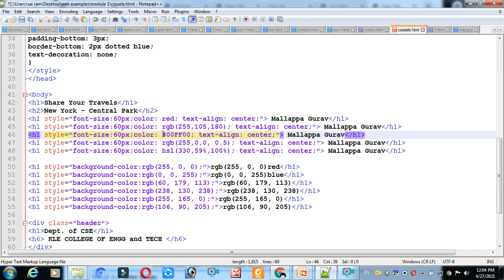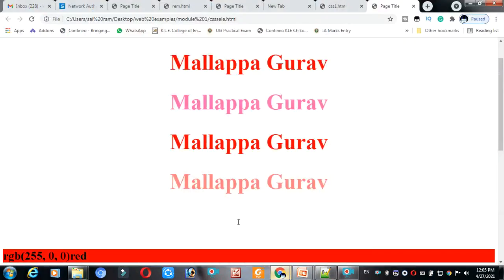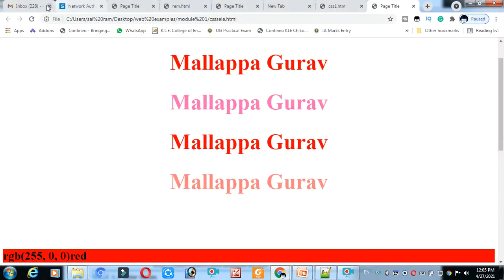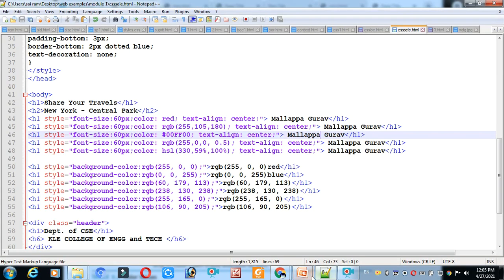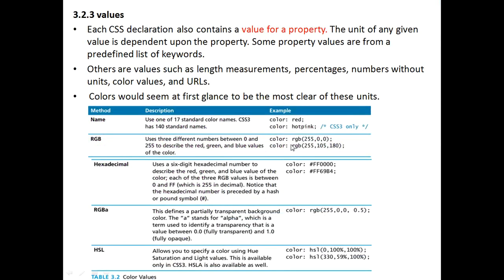What do you mean by here? It's red, green, blue. Now what is the color you are applying? Only the green. For the red you are making it 0, for the blue you are making it 0. Only the green color you are applying for this third one, and I will save and execute. The third one should change to green. Yes, of course it is changing the color to green. That's how colors are applied, right? This is one example. You can practice all these things, and you will get to know the concept behind the examples. This is regarding the values.